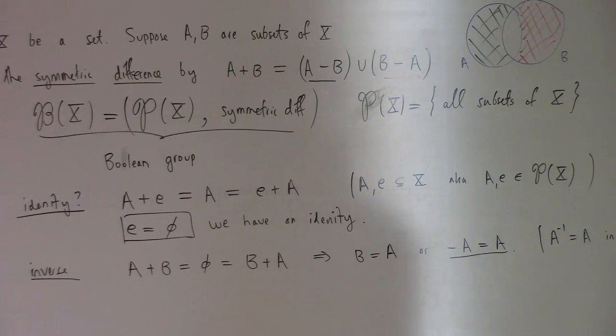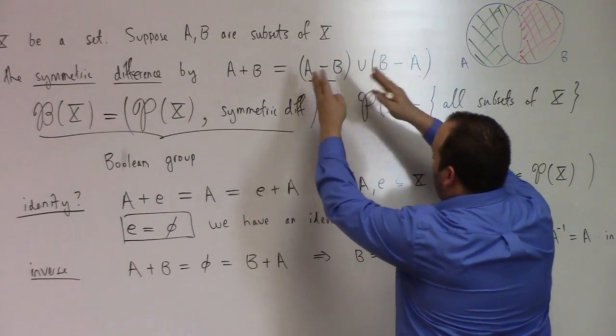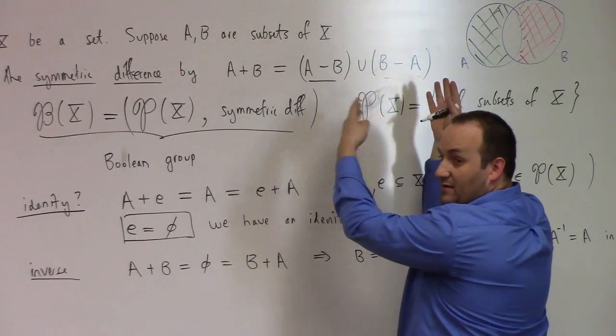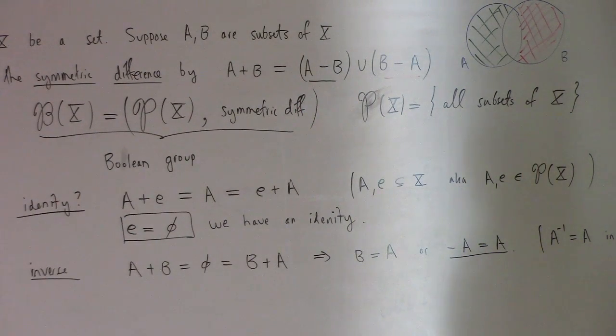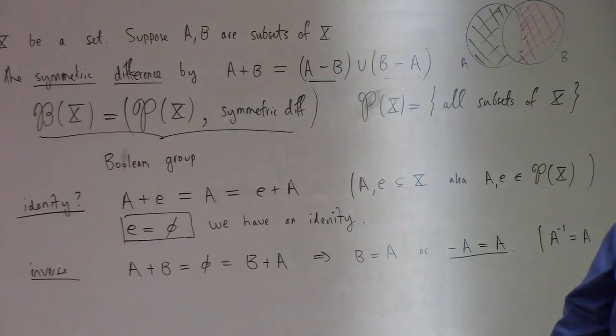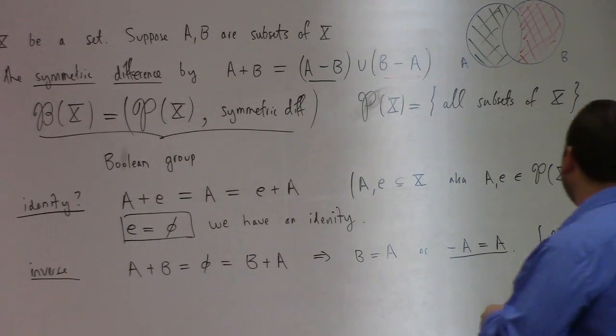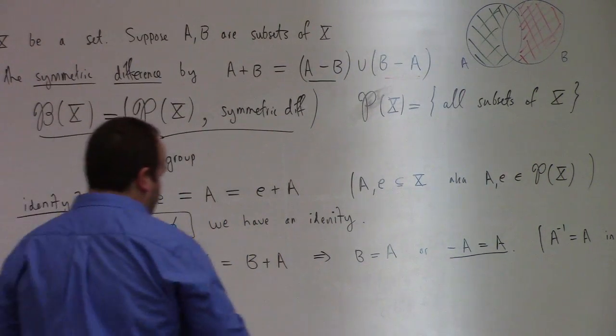Is it commutative? I should have taken a second to notice that earlier. You can see that from this expression: the union of set 1 and set 2 is the same as the union of set 2 and set 1. Because these are interchangeable, A plus B is equal to B plus A. It's clearly an abelian, commutative operation. So what's left? Associative, right? And he proves that with a picture. It's proved in our homework earlier, but the associativity involves